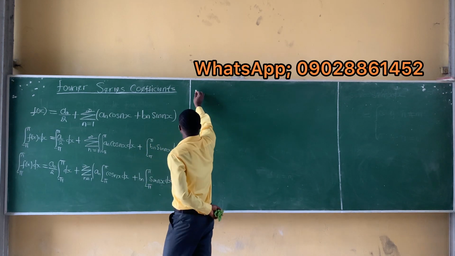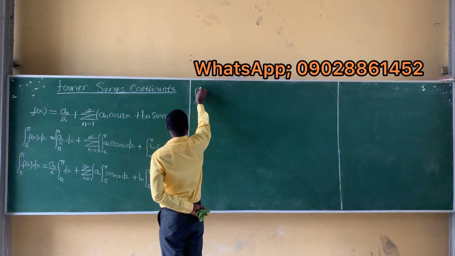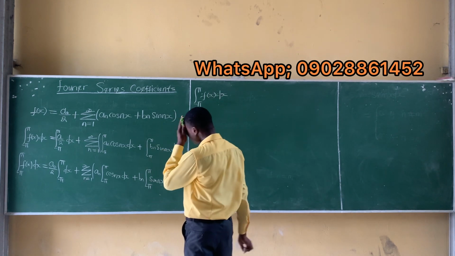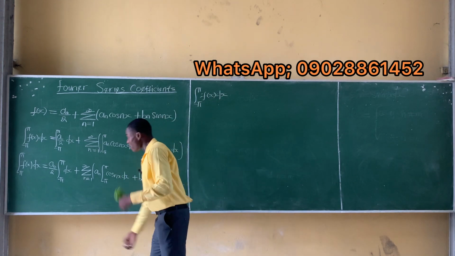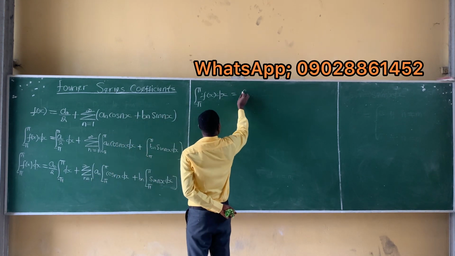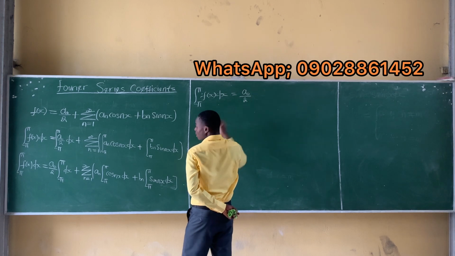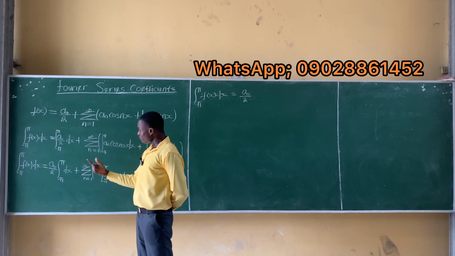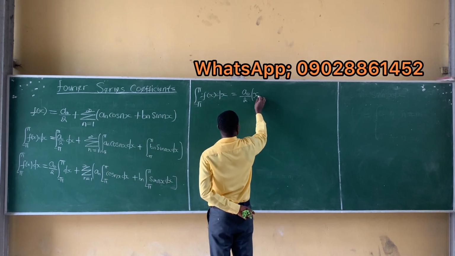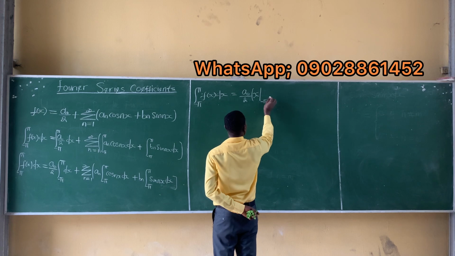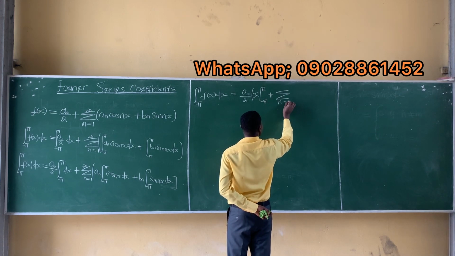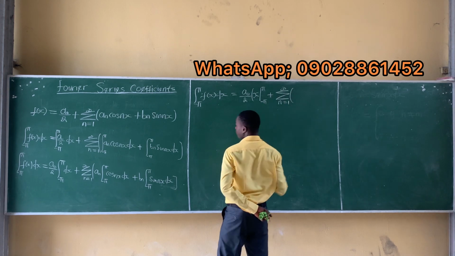On the left hand side, we have the integral from minus pi to pi of f of x dx. The next one we have is a naught over 2. If you integrate dx, you have x. Don't forget, if you integrate dx, you have x from minus pi to pi, plus the sum as n equals 1 to infinity of